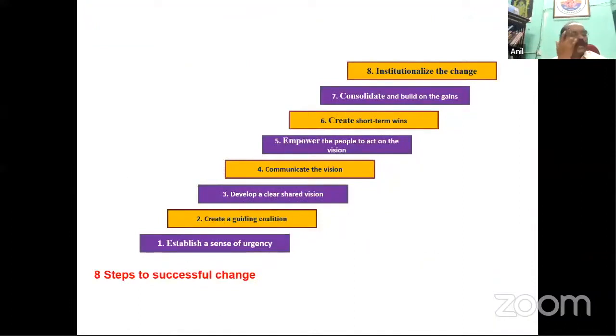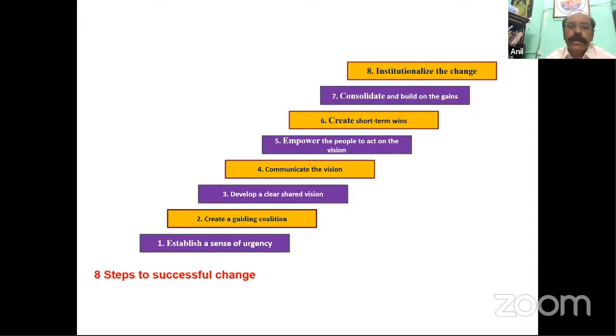Yeah, now coming to the, I'm not going to waste much time on this. Coming to the 8 steps for benchmarking, that is, 8 steps to successful change. Anything we would like to transform our institution or change our institution to become a model for excellence. So these are the 8 steps: establish a sense of urgency and create a guiding coalition, develop a